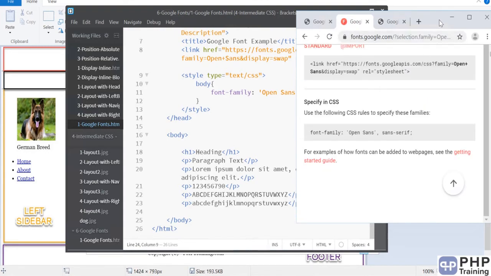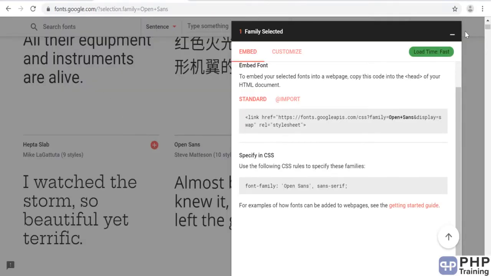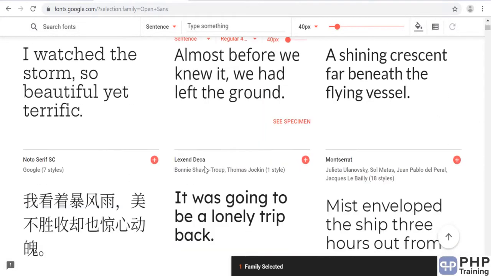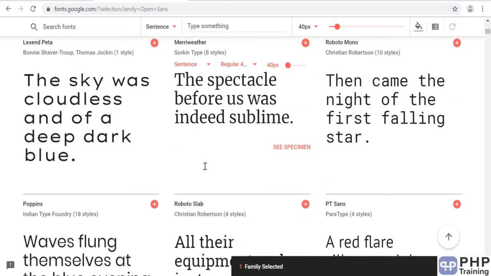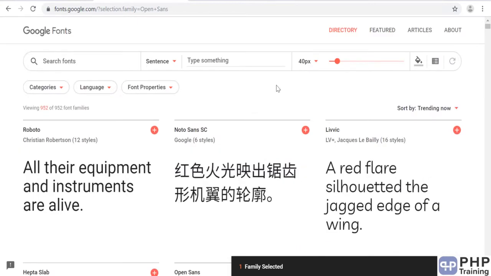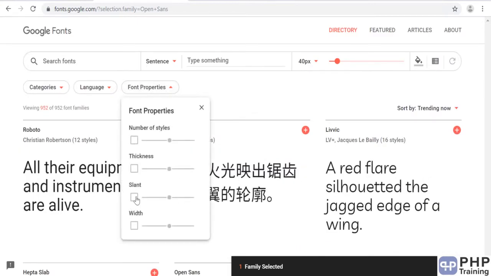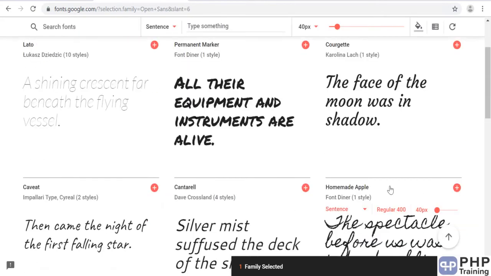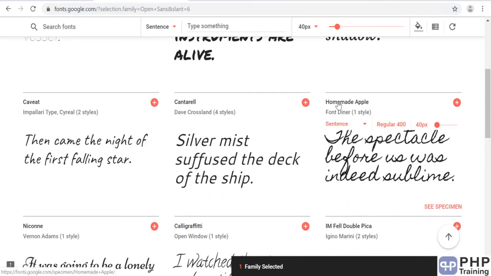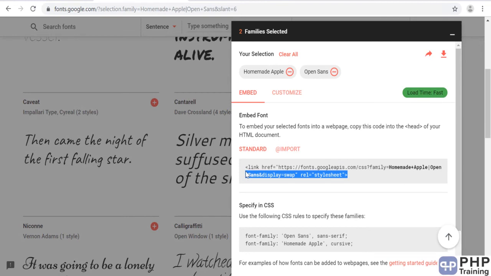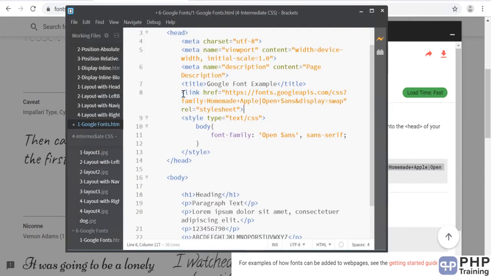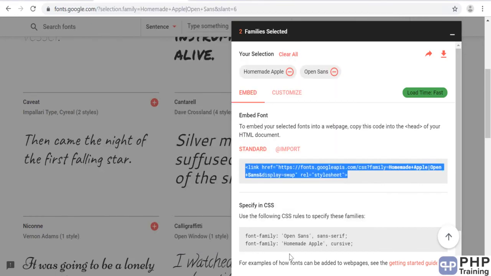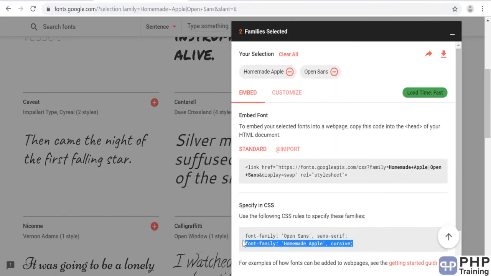Okay, similarly, if you find any other fonts, let's go back to our Google fonts, minimize this, and say you want to have a curvy, book style font. Let's say you want to have a different font. You can go to fonts, let's say you select slant, and you want this Homemade Apple. Just click on the plus sign, and you can have this. Both Open Sans and Homemade Apple will be available, with an or symbol here. You can import both the fonts here. Once you do this, you just have to say font-family Homemade Apple on the body,